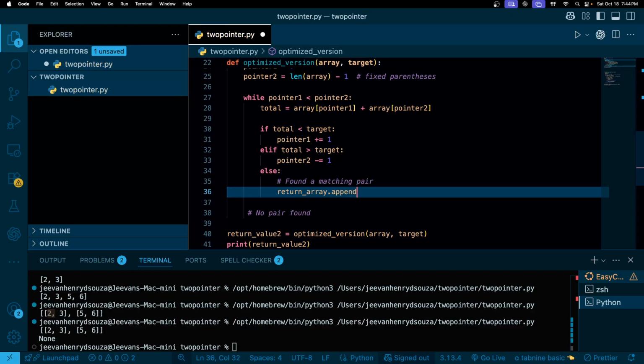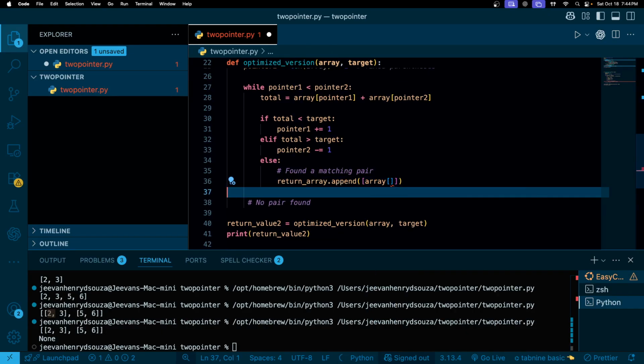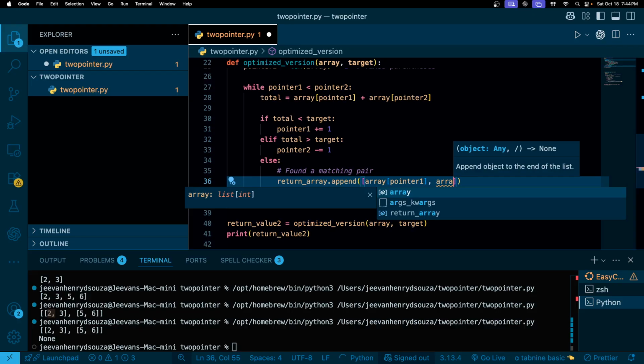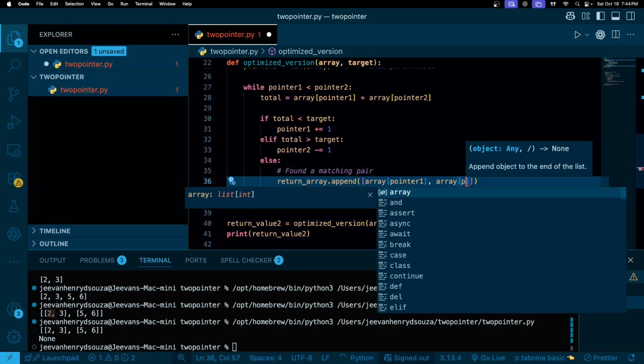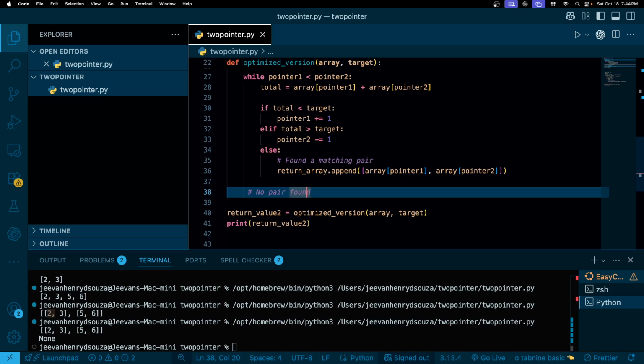So this is array of pointer 1 and array of pointer 2. And then